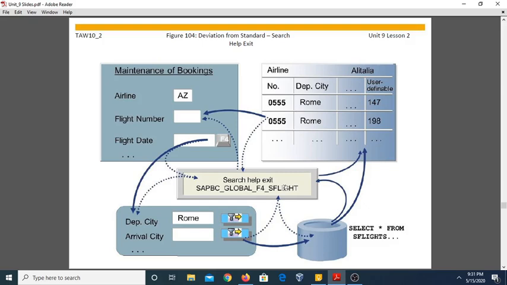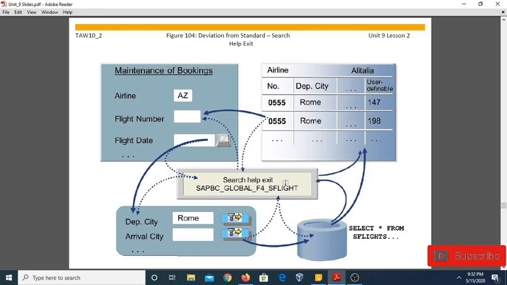A search help exit is a function module having a standardized interface. That means this search help exit is already defined in the SAP system and has a standardized interface. The administrative data of the help processor is always passed via this interface. The search help exit can manipulate this data. The administrative data also includes the information about the next step to be executed.